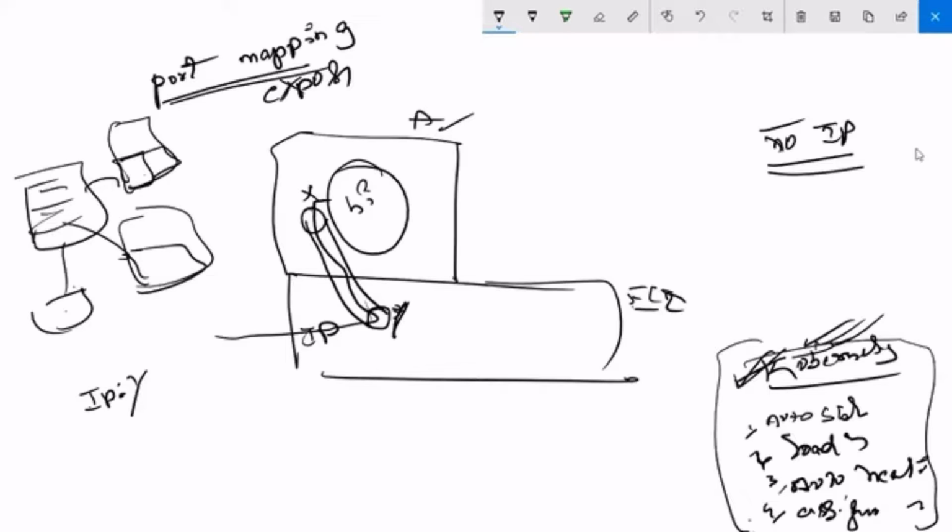Right? That's a problem. That also we are addressing in Kubernetes: launching multiple containers and clustering those containers. Clustering of multiple containers we call a pod in Kubernetes. My scenario is that I need one web server and one Java server.